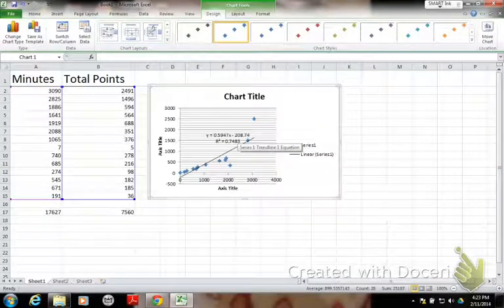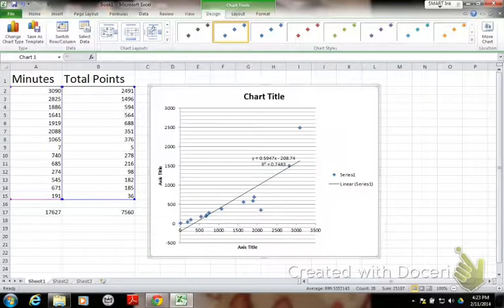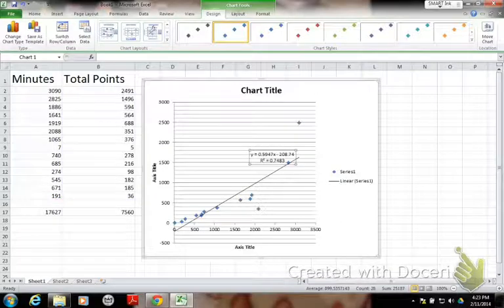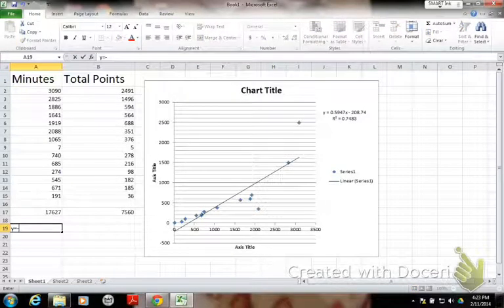It says series 1 trend line, 1 equation. So I'm going to make this a little bit bigger just by dragging. And this equation I can actually move, and move it to here so I can read it better. So the equation, and let's just type it in here, is y equals